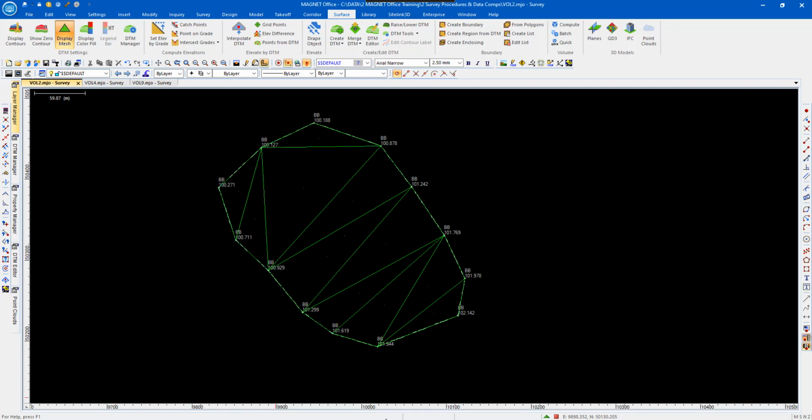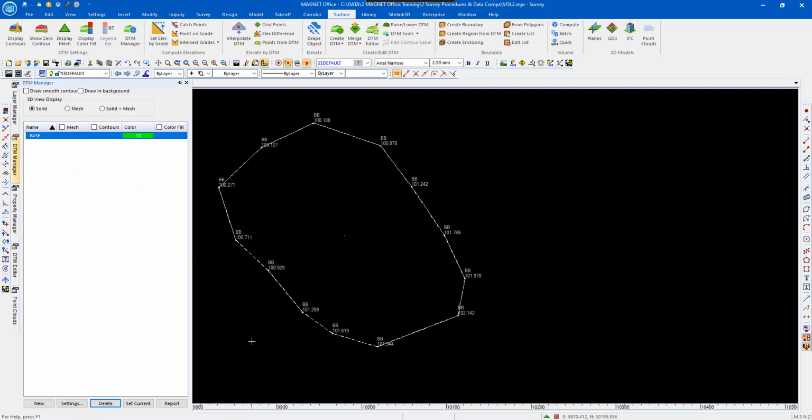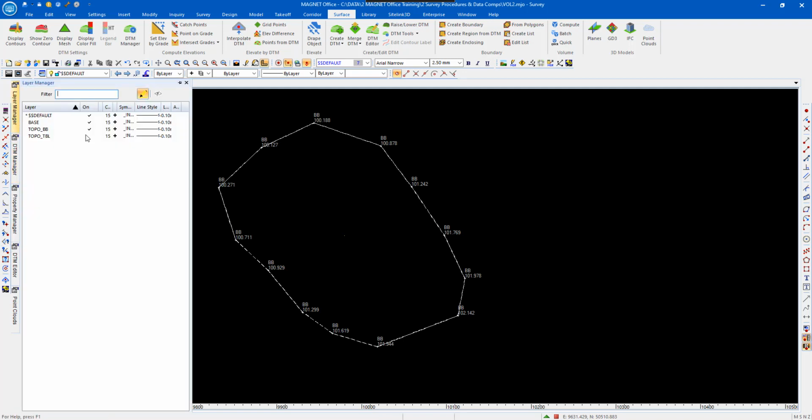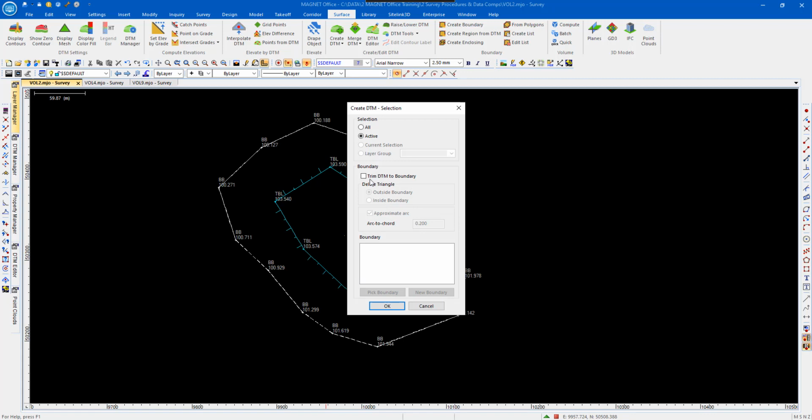Now we've got that surface done, so I'll turn that DTM off, and now we're going to form a DTM or surface model with the other layer active. We turn on the TBL one, which is the top of the stockpile, and form another surface. We go create DTM, trim to the boundary again, go OK,